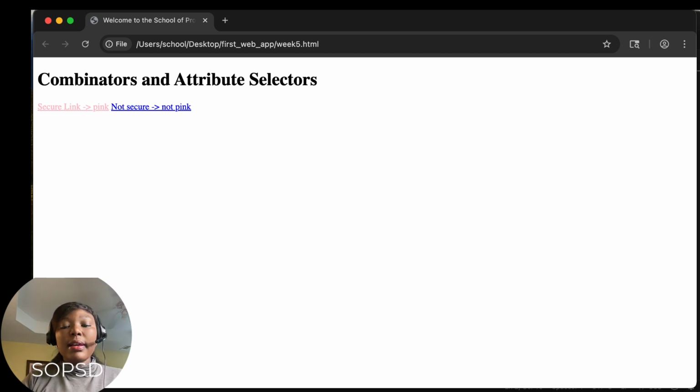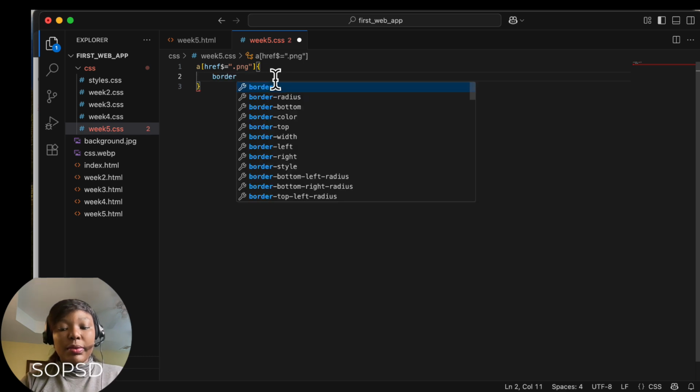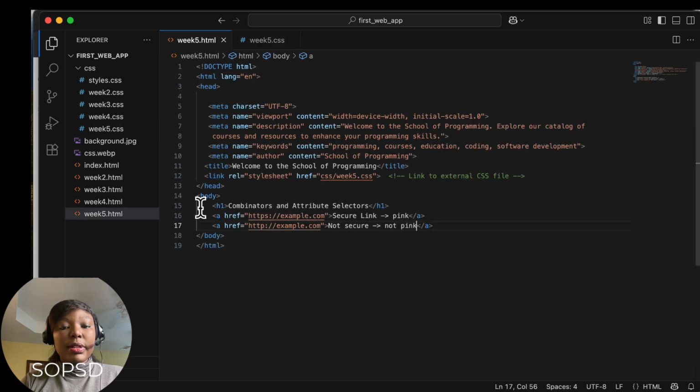If you want to have one where the attribute ends with a specific value, then you can use the $ sign, or ends with, is equal to the value. Let's say we want to do one for images that ends with .png, for instance, and we want to have a border that is different. Let's say the border will be 3px solid red, and then we'll come here and try to put